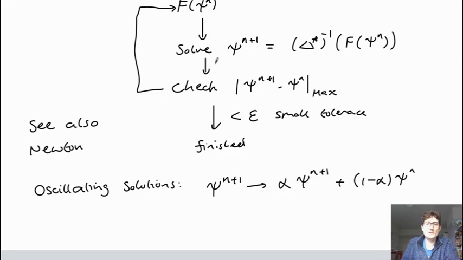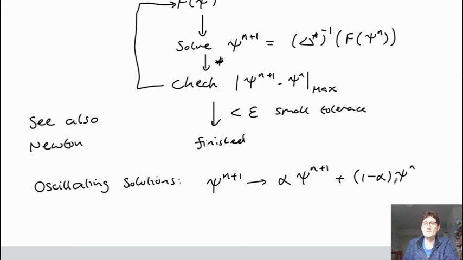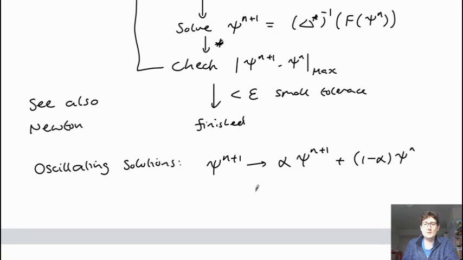And this would occur in this stage here. So after solving for psi n plus 1, we then take a weighted average between psi n plus 1 and its previous value. So alpha here, of course, must be less than 1, or if it's equal to 1, then we just go back to the original problem, and greater than 0. So alpha in some range will take an average of these two solutions. This reduces oscillations, but it can also slow down convergence.